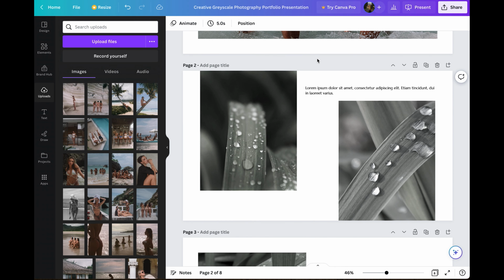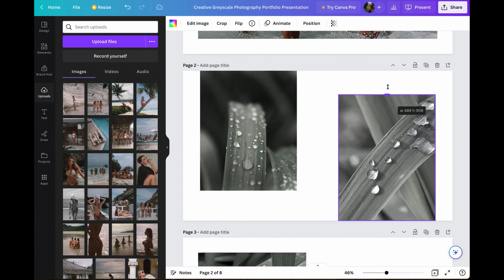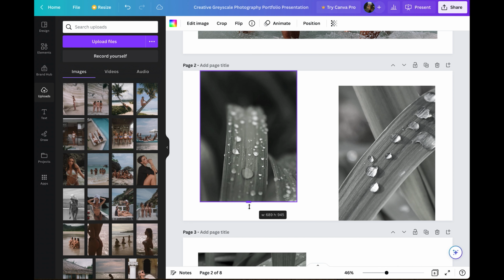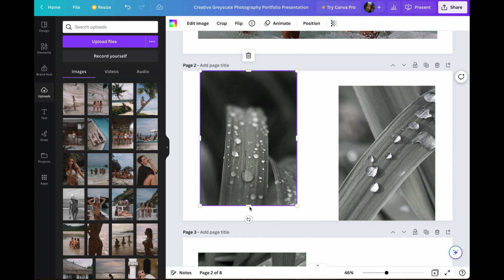So it is totally up to you if you wanna have some writing. For me, it is always all about the picture. So I would actually get rid of this text here. And if I can, I'm going to make the image a little bit bigger. This is, again, a total choice and it's completely up to you, but I think the images speak louder than